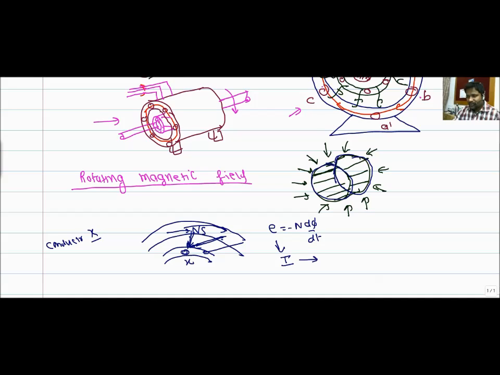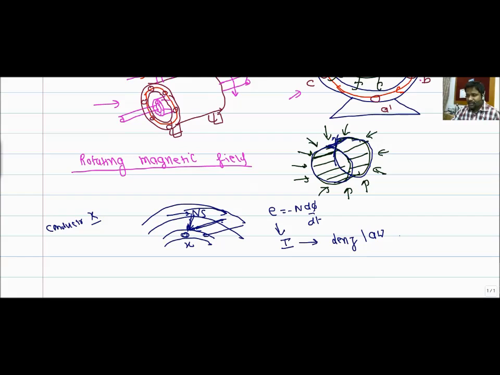So let us suppose this is conductor X, it will experience induced EMF. It will generate a current called induced current, and it will have a path in this fashion or this fashion. So this induced current will be there in the rotor bars. As we know, whenever the induced EMF generates an induced current, it always tries to follow Lenz's law. So the concept is very simple. The rotating magnetic field cuts the stationary conductor. This conductor will generate an induced EMF. Since it is short circuited at the outer ends, this induced EMF generates a current called induced current, and this induced current always follows Lenz's law.